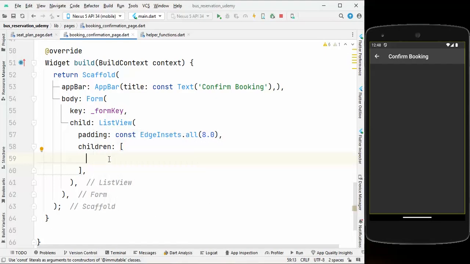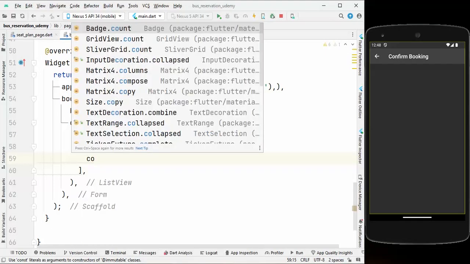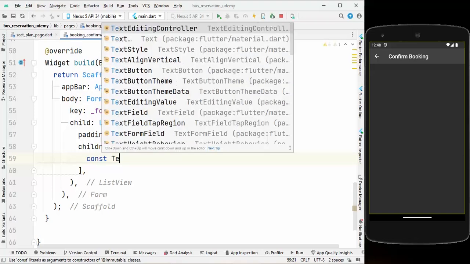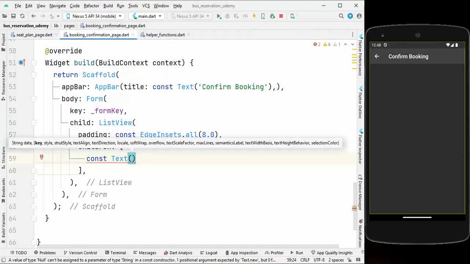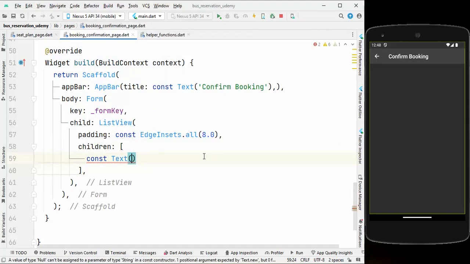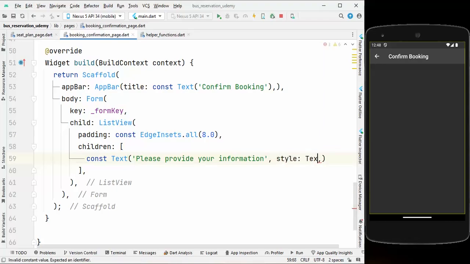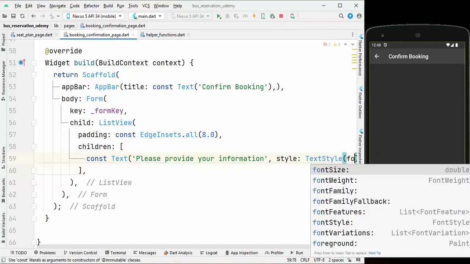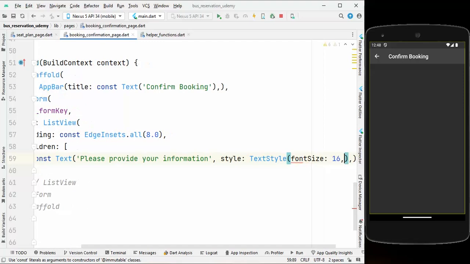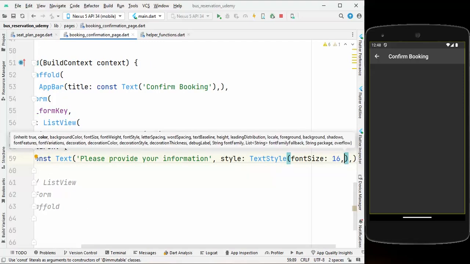So that will be a constant text that will say please provide your information. So I am asking our user or customer to provide their information. So please provide your information, and let me provide a style that will be a text style, and the font size will be 16. So let me align the code,